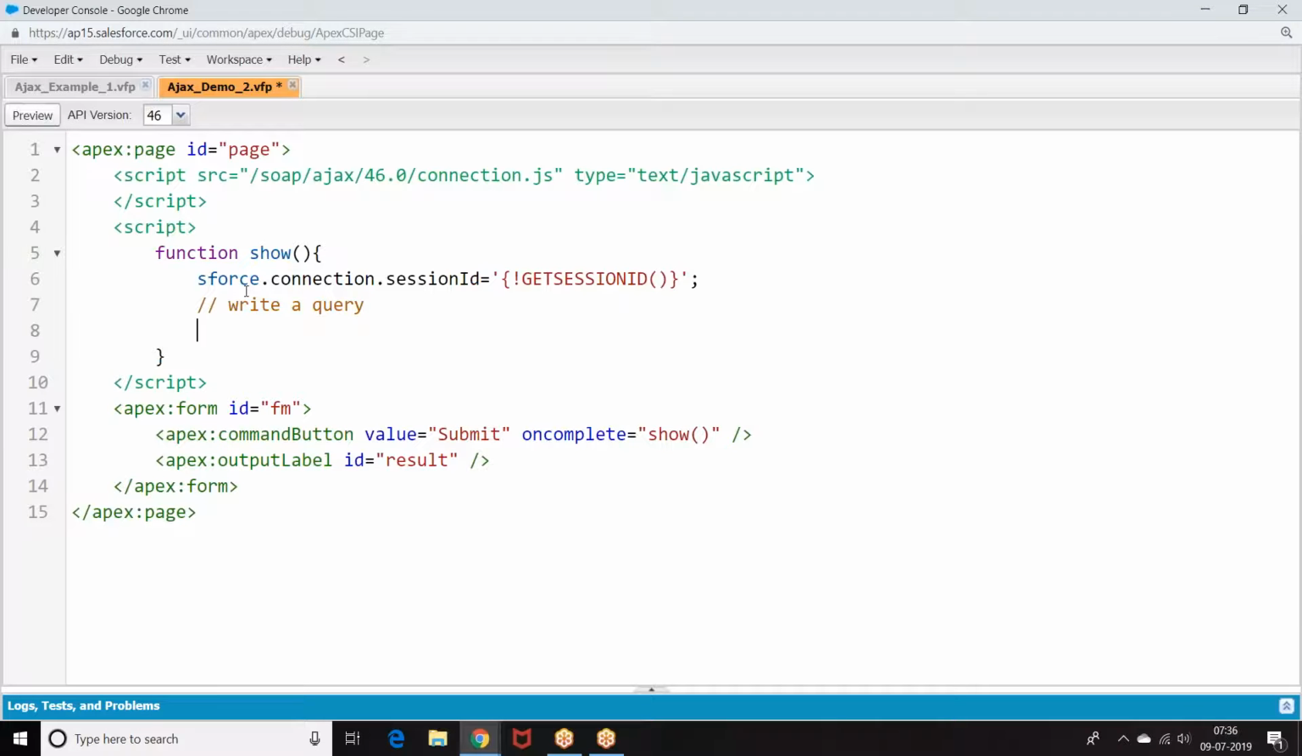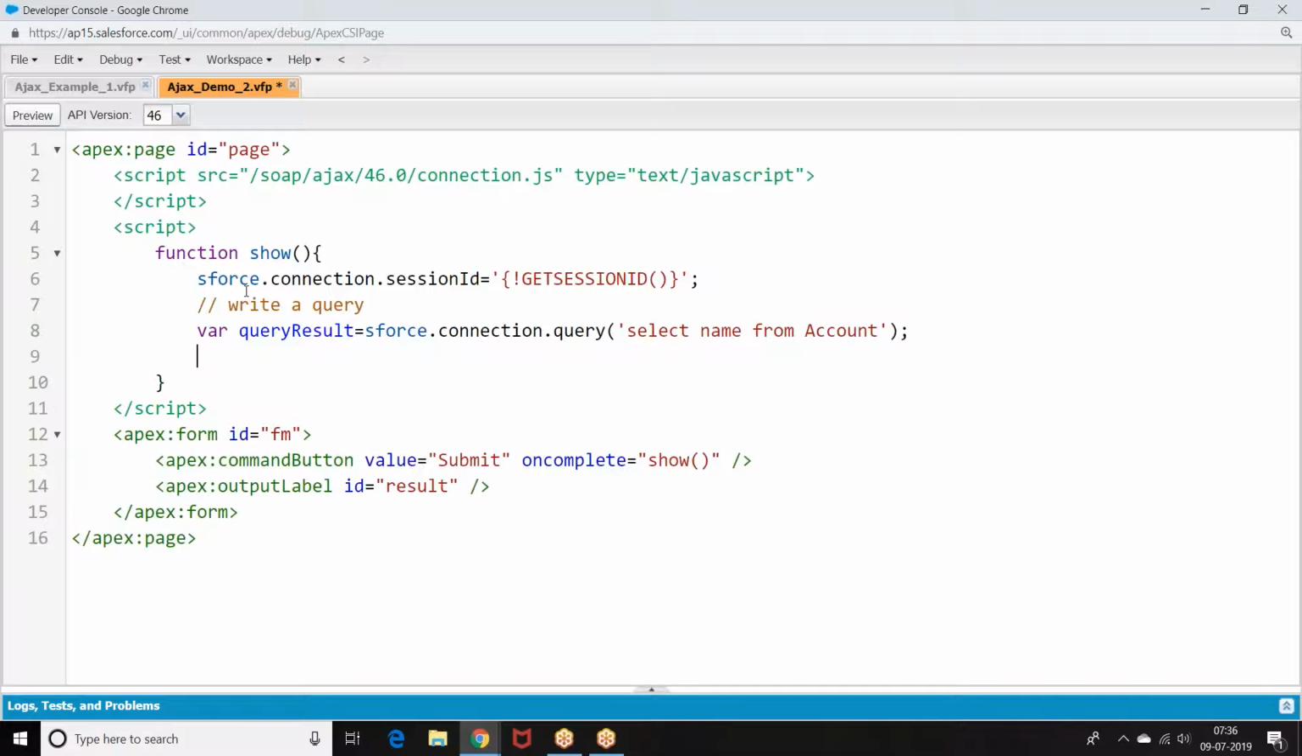How do you write a query? Where query result equal to Salesforce dot connection dot query. I wrote a query. After writing a query, I'm trying to print the data what I have, so that you know in which format I'm getting the data. Salesforce dot connection dot query. Select